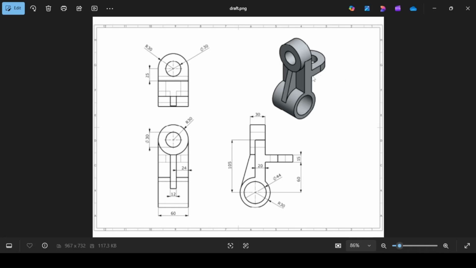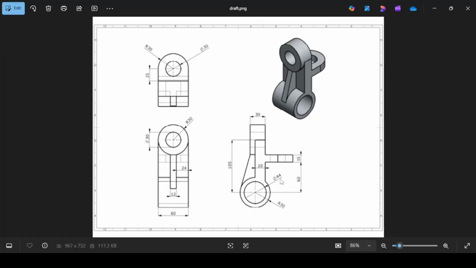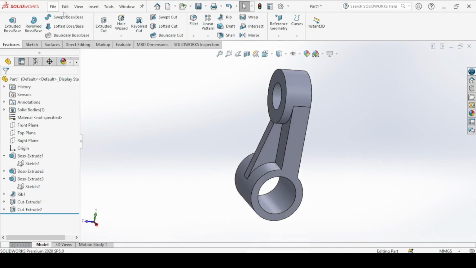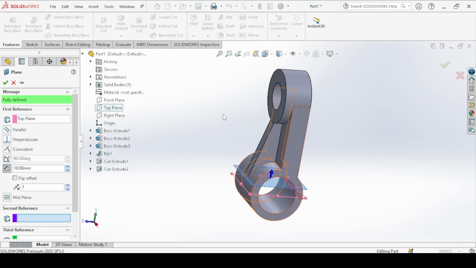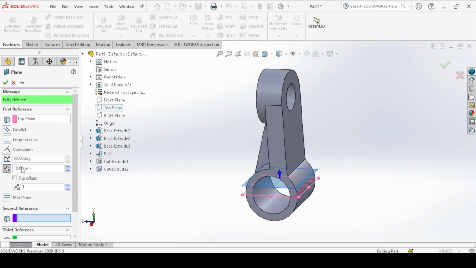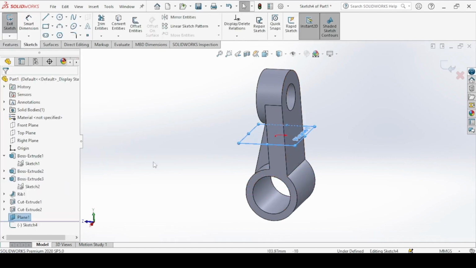Finally, we add this feature here. You first have to insert a datum plane at a distance of 60 from this default plane. So under features, come to reference geometry and click on plane. The first reference should be the top plane, and it's at a distance of 60 from the top plane. Okay. So extruded boss base on this top plane,